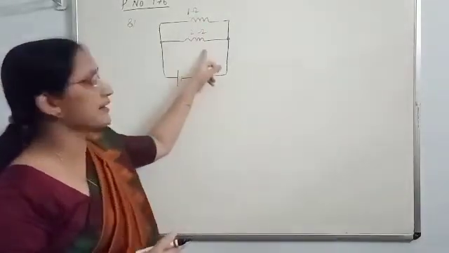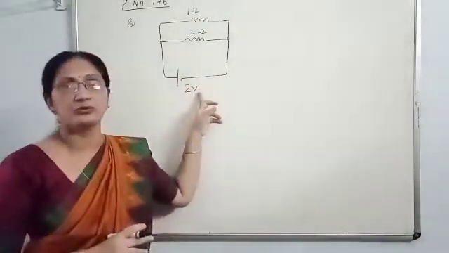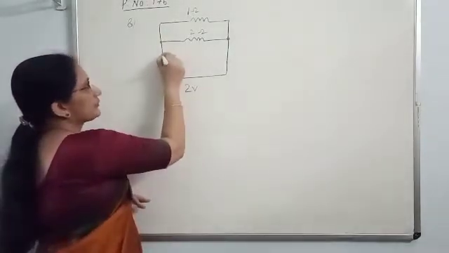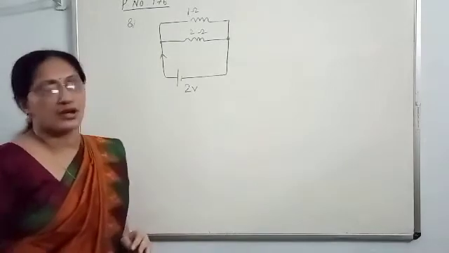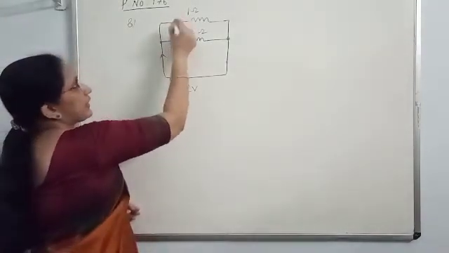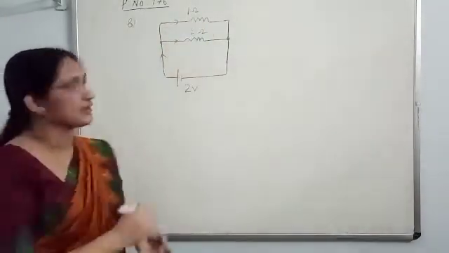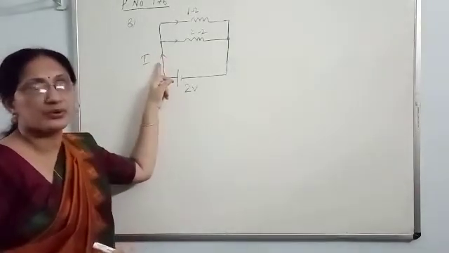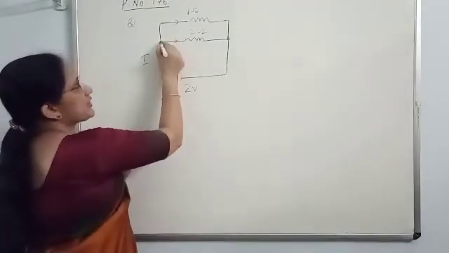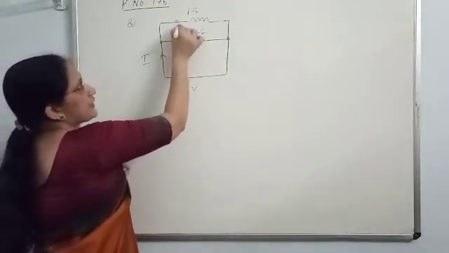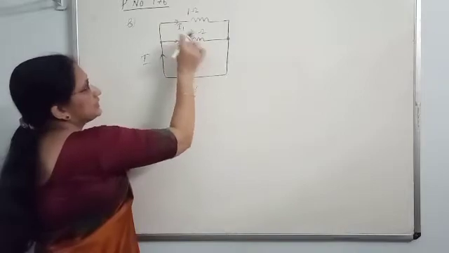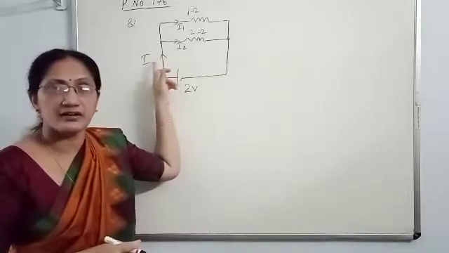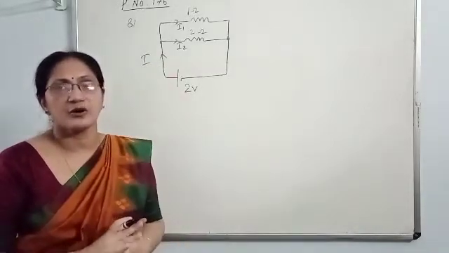And these two parallel resistors are connected to a cell of 2 volt. You are asked to find out what is the current flowing in the circuit, and also the branch currents through these resistors. The current here we call the main current I. When it reaches this point, it splits in two parts, I1 and I2. These are the branch currents, and I1 plus I2 will be equal to main current I. That is the characteristic of a parallel circuit.